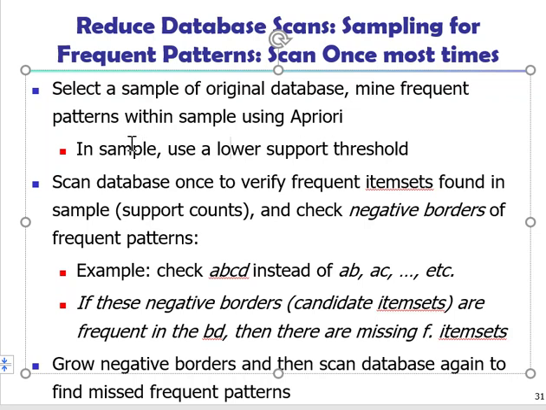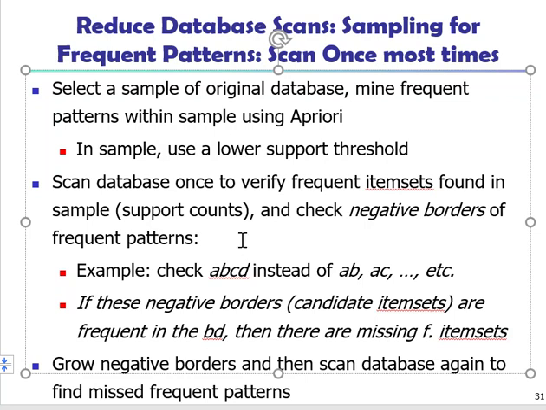We mine the sample itself to find the frequent patterns. Okay, and then the next step is to verify if we have missed some. When you use a very low support threshold, the chance of missing some frequent patterns is pretty minimal, but